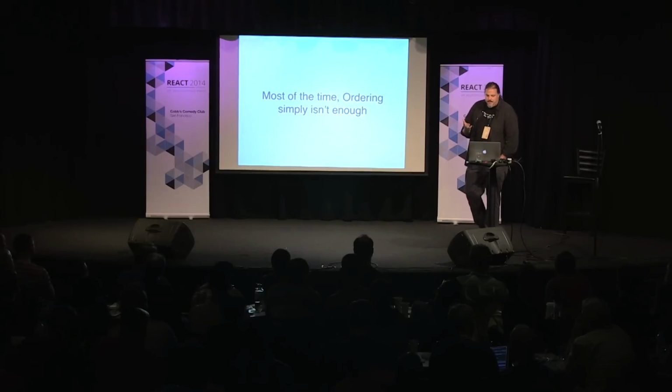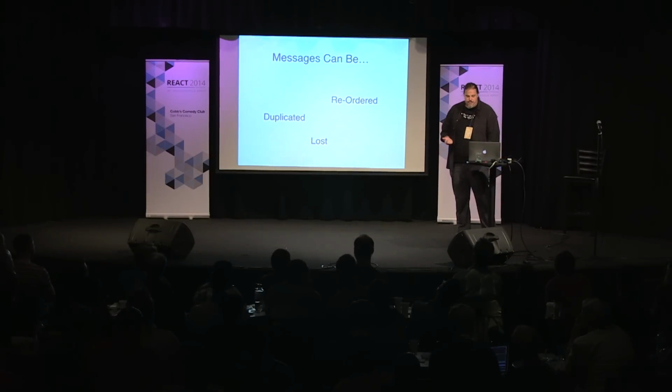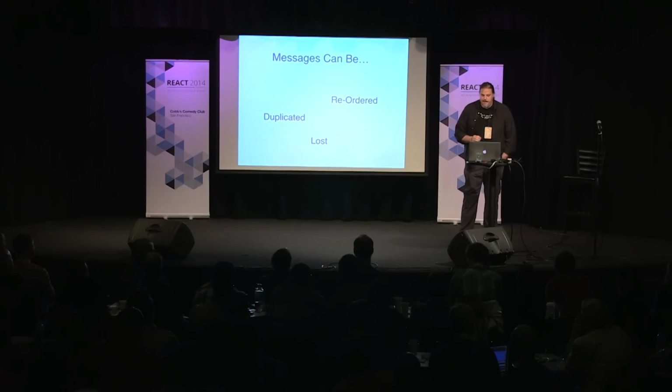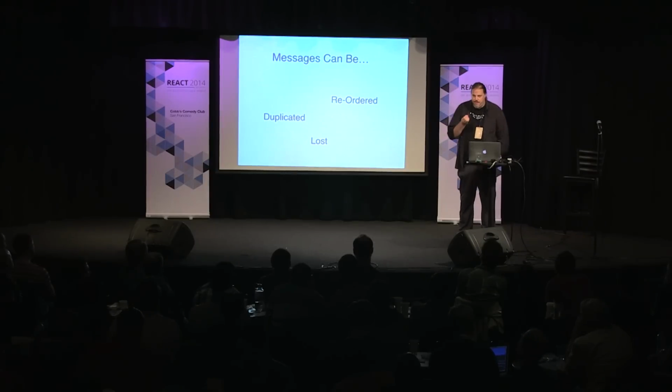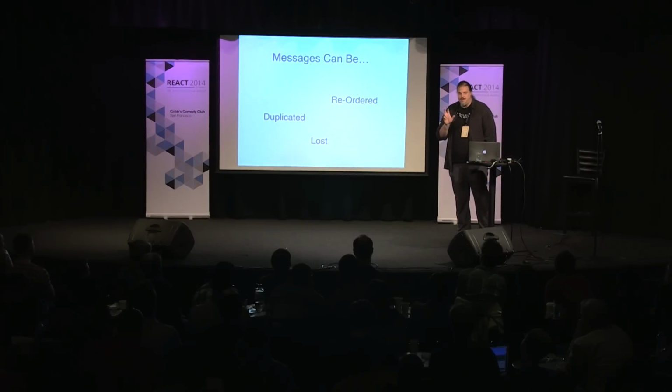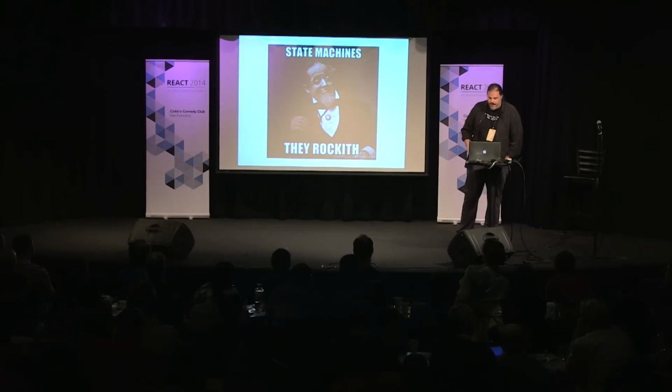So that's kind of thinking about it a little bit, but a lot of times ordering simply isn't enough. Messages can be reordered, they can be duplicated, and they can be lost, just like we mentioned. And how do you deal with this? Sometimes ordering's not enough. You need a little bit more because there may be state attached to it. Or maybe there's not state, but there is some transition that has to happen, some action, some side effect. Well,